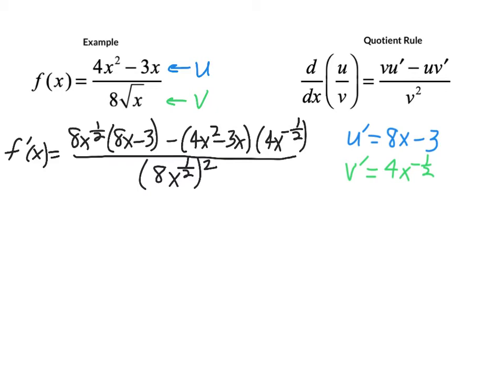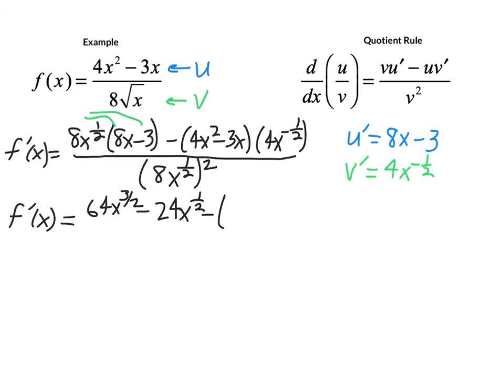I'm going to violate the rule I just said in the last example, but because I have a monomial here, I'm going to square out that denominator. It'll help me tidy things up. So we're going to go ahead now and distribute through on our numerator in a couple of places, right? So I'm going to take my 8x to the 1/2 and distribute it through my u prime factor, and so that gives us 64x to the 3/2 minus 24x to the 1/2